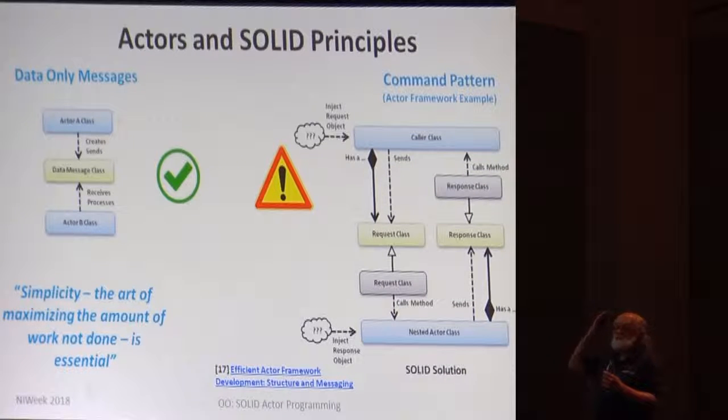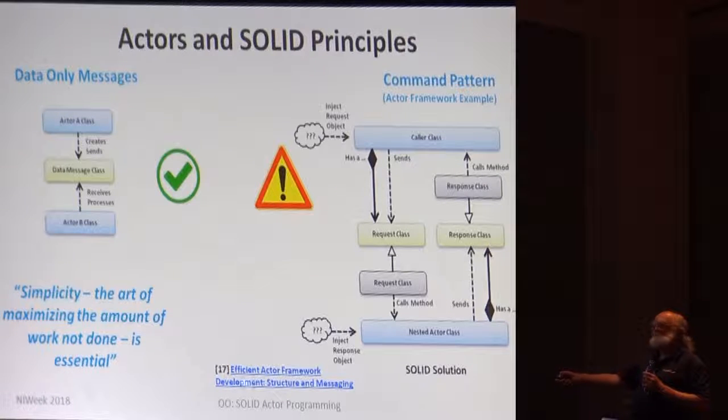This is the real tension. Yes, sir. You generally get a lot of mileage out of zero coupling up to the caller and low coupling down to the nested actor, where the nested actor is a base class, a virtual base class. So it just defines a set of messages, and then you inherit from that. Yeah, and you covered it in your presentation here. And this is a link to Alan's presentation on the same topic in Madrid. So you will be able to read it. And I'm doing some stuff with malleables that might make this even better.